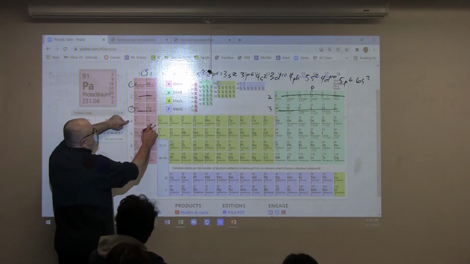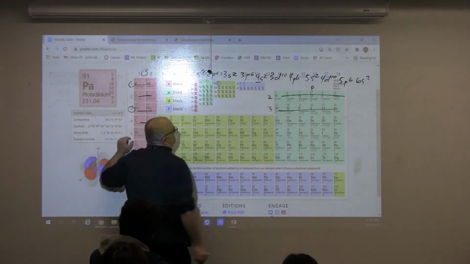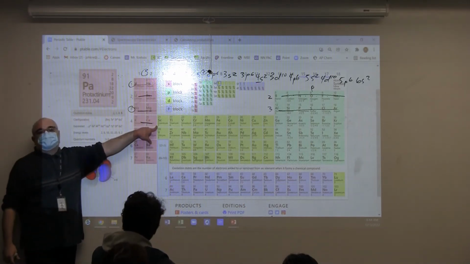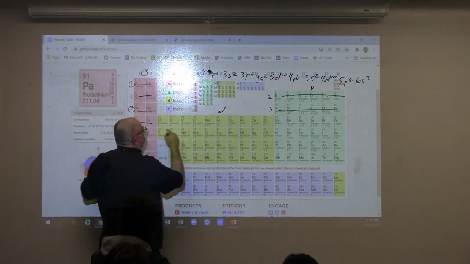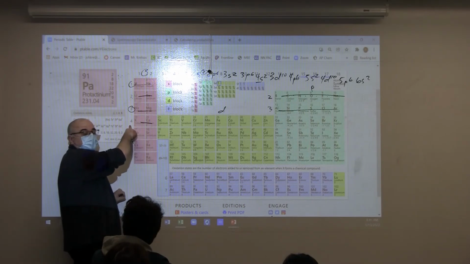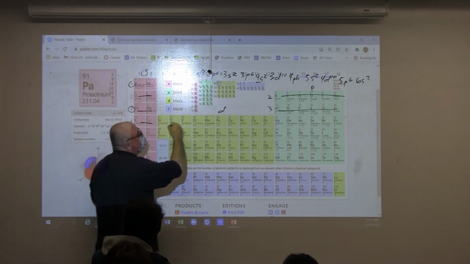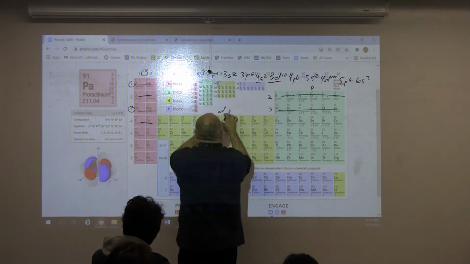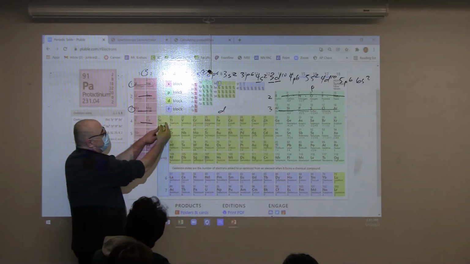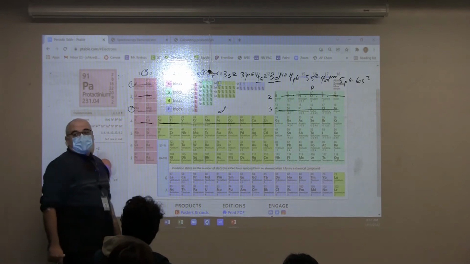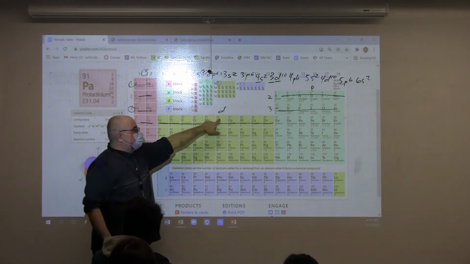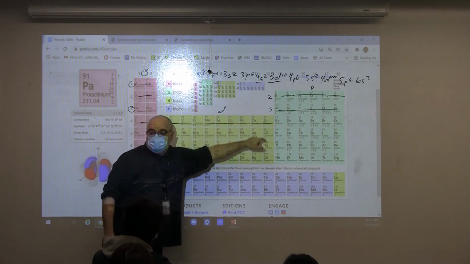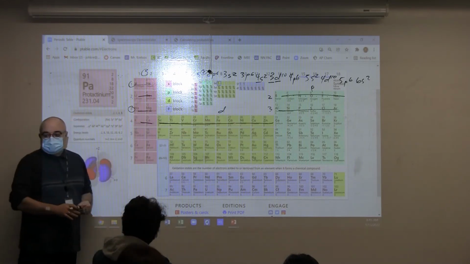To get to calcium, I'm in the fourth row, 2 elements in the S block. That put me here. Here's where the first weirdness comes in. The row is 1 level behind. So when I get to the D block the first time, I'm 1 behind this row number. So instead of 4d, it's 3d. So 3d, because it's D, and I'm 1 level behind, and there's 10 elements. That's how I got to d10. If I had stopped here, it would be d4, d5, d6, d7, d8, d9. But if I fill the whole thing, it's